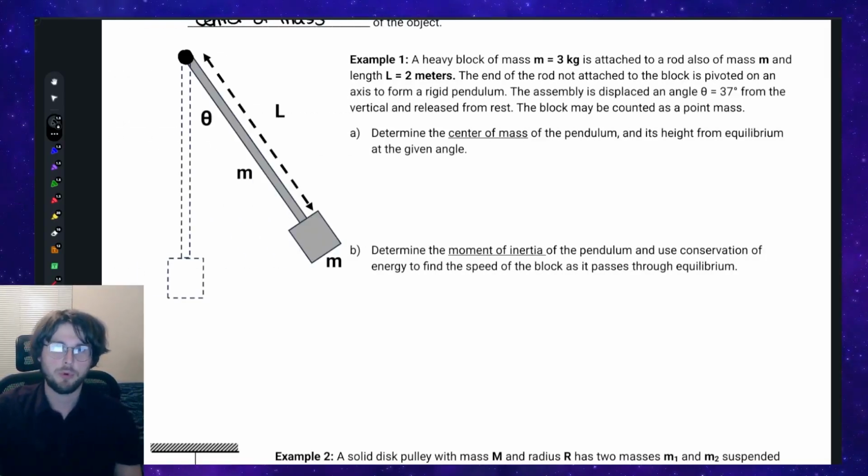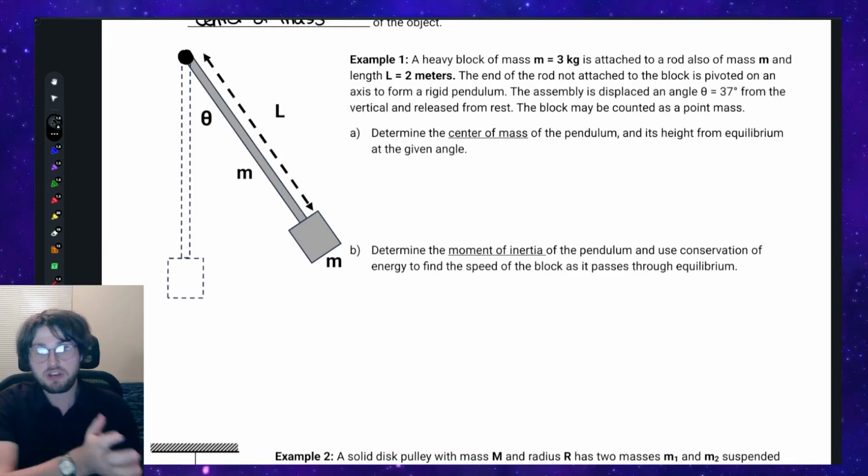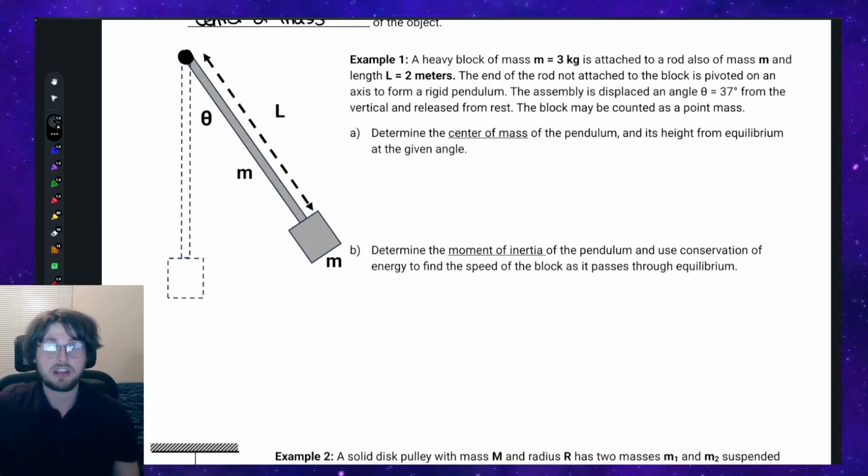This first example with the rigid pendulum involves a heavy block with a mass of 3 kilograms that's attached to a rod, also of mass m, so also 3 kilograms, with a length of 2 meters total. Now, this rigid pendulum is displaced 37 degrees from the vertical and it's released from rest. And yes, we can treat the block here as a point mass,